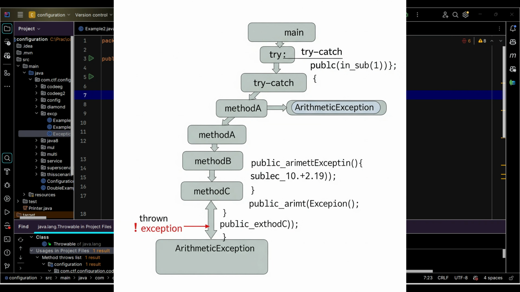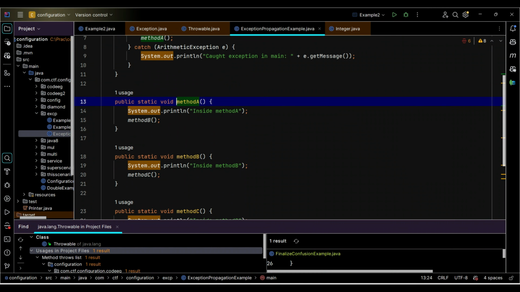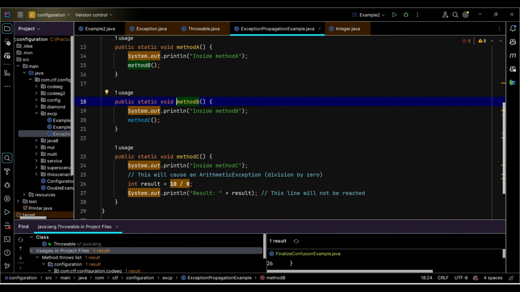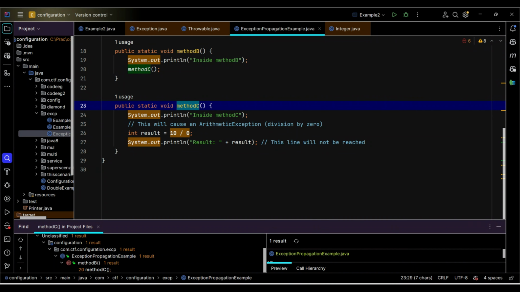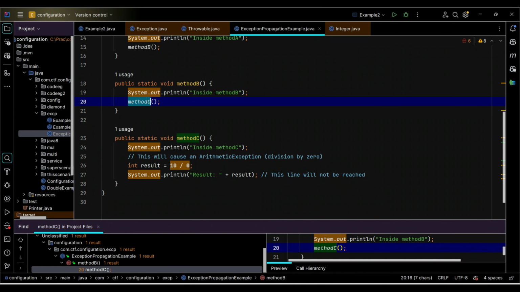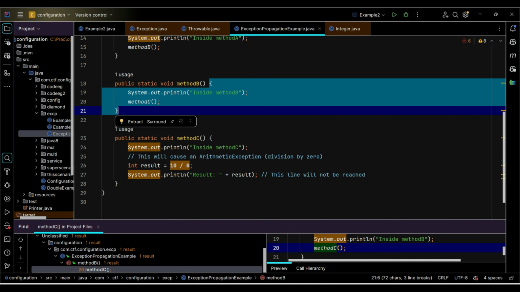Now let's say you have an exception that is occurring, and you don't know how exactly to catch that particular exception. If your code is not properly handling it, then your calling method is going to handle that, if there is no exception handling written over here. Now this particular code is going to throw an ArithmeticException over here. Now if you see, it is dividing by 0, so it is going to propagate to the previous level,